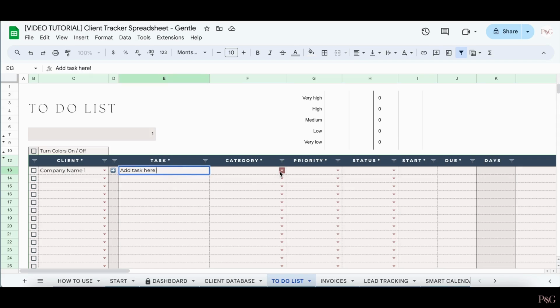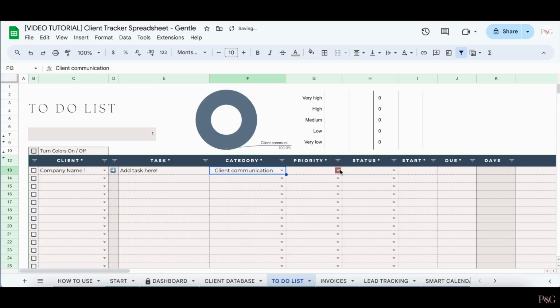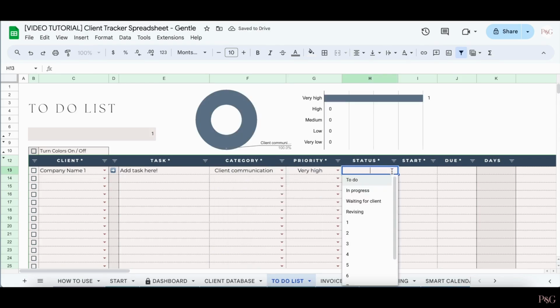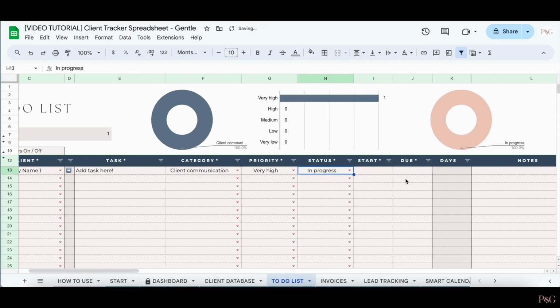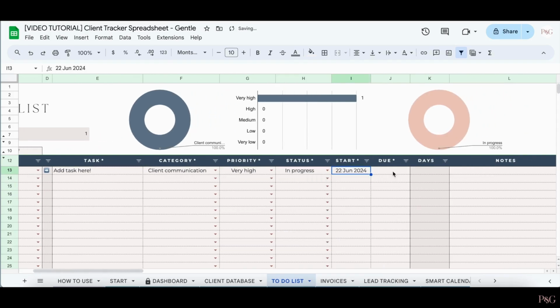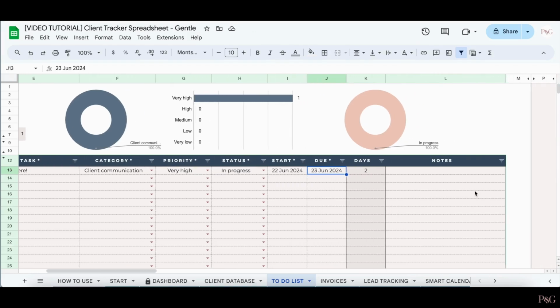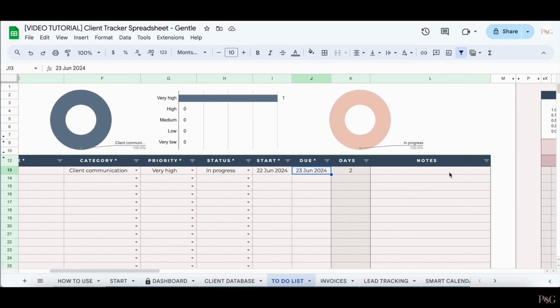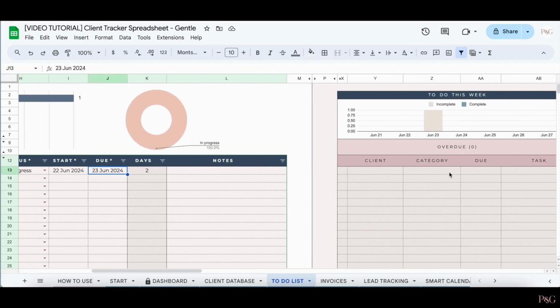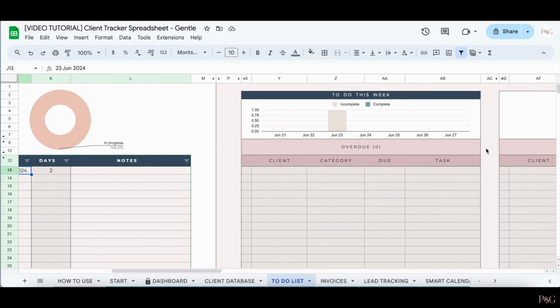You can then select a category from the dropdown, you can select a priority, you can select a status, and then you can also add in a start date and a due date. If your due date is in the past, then you can also add in any notes over here. If you keep scrolling to the right, you'll see a section over here that will show you all the tasks